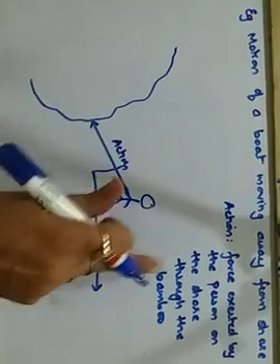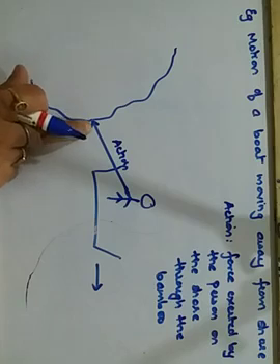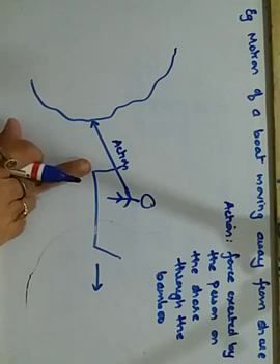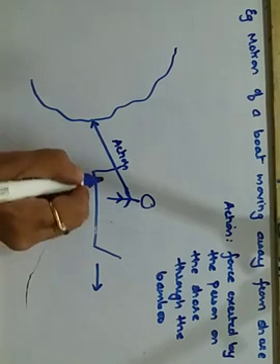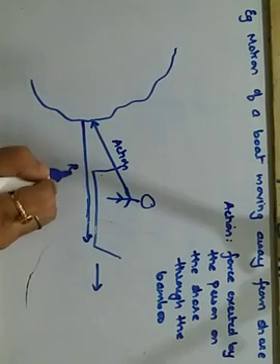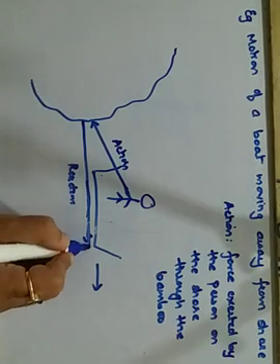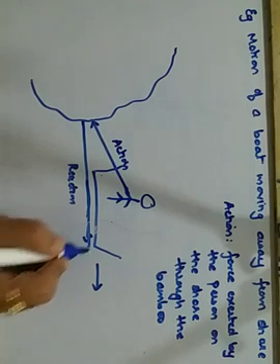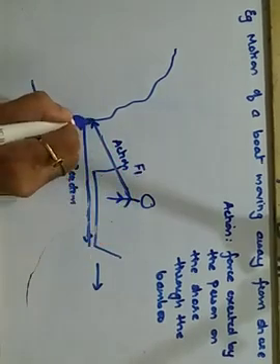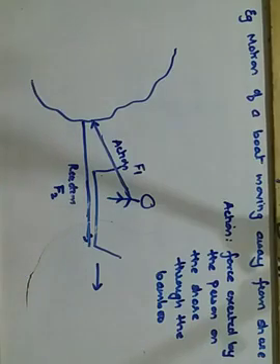When he is applying a force on the shore through a bamboo stick, the shore will push away the boat with an equal and opposite force. So the boat will start moving ahead. From the shore there will be a reaction force, that is the shore will push the boat in the opposite direction but with equal magnitude. The same amount of force applied by the person on the shore will be exerted as a reaction force in the opposite direction.